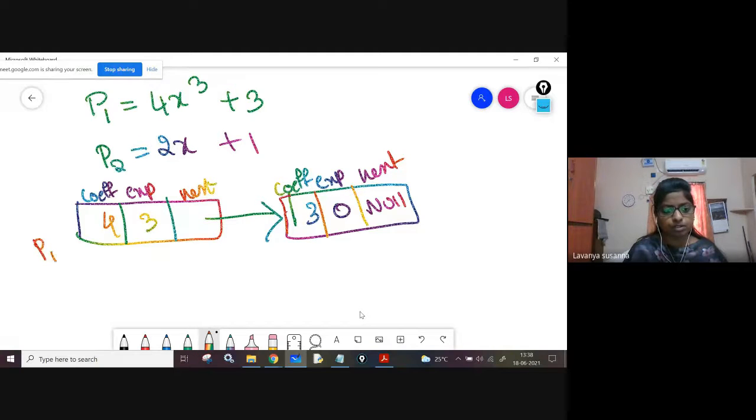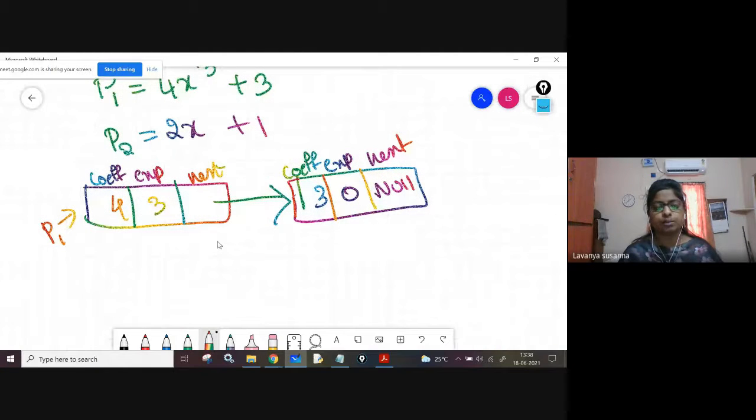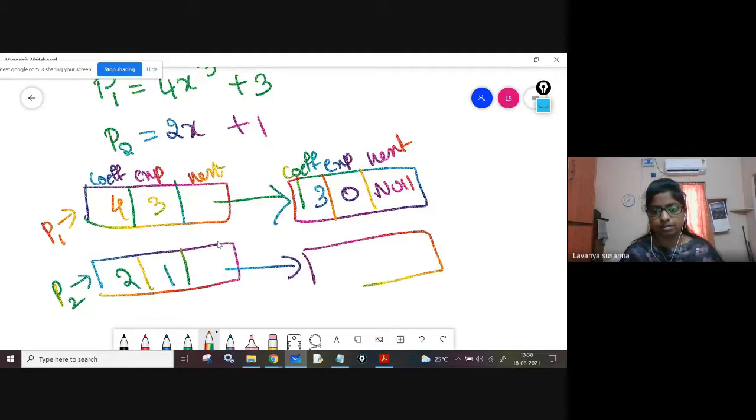P1 always points to the first node only; you should not at all move P1. P2 also always points to the first node. Here 4, 3 is 4x cube, and 3, 0 means 3x power 0, just 3. Then for P2: 2, 1, next, then 1, 0, null.